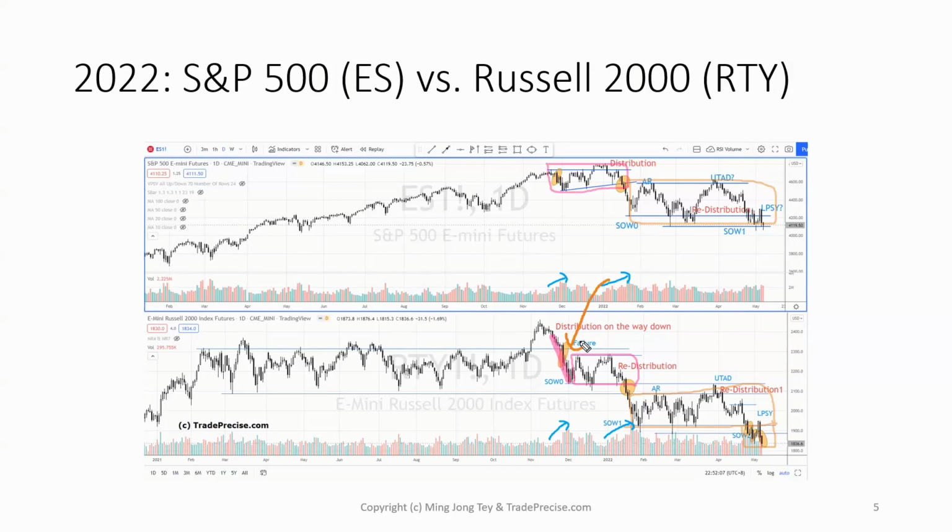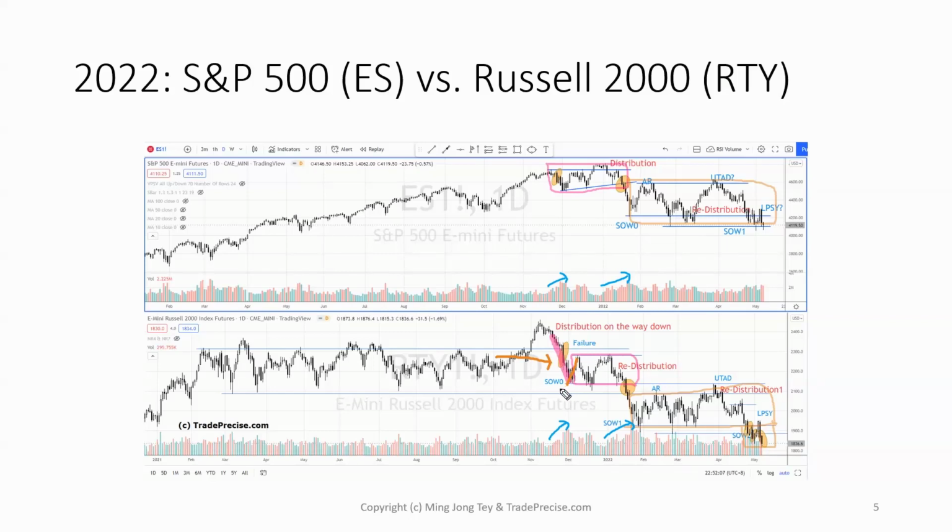Once it had a failure, we see an increase of the spread to the downside, together with an increase of supply. Look at this huge supply compared to the previous volume. There's a ton of supply on the way down. So this is the distribution on the way down. It's a bit unusual from the typical Wyckoff distribution, while we can definitely tell a lot of distribution happening in these upthrusts. So this is a distribution on this leg down,